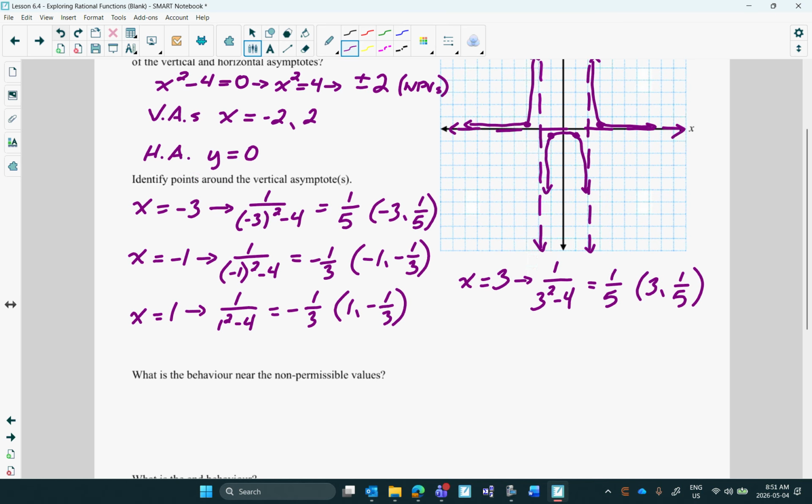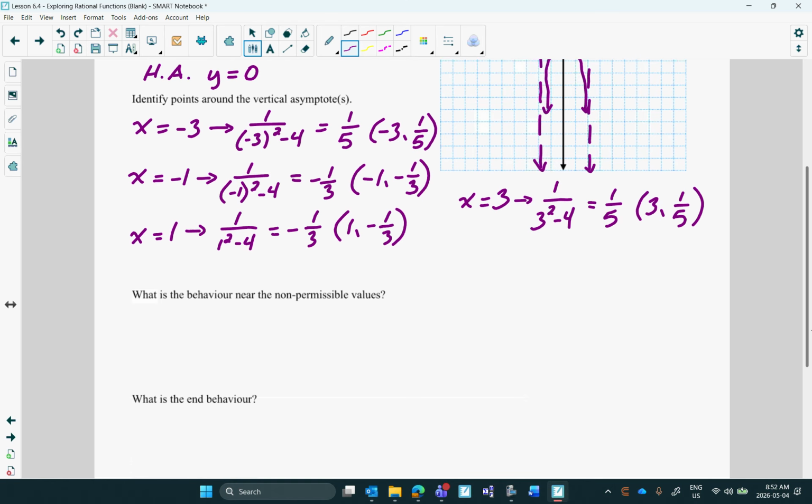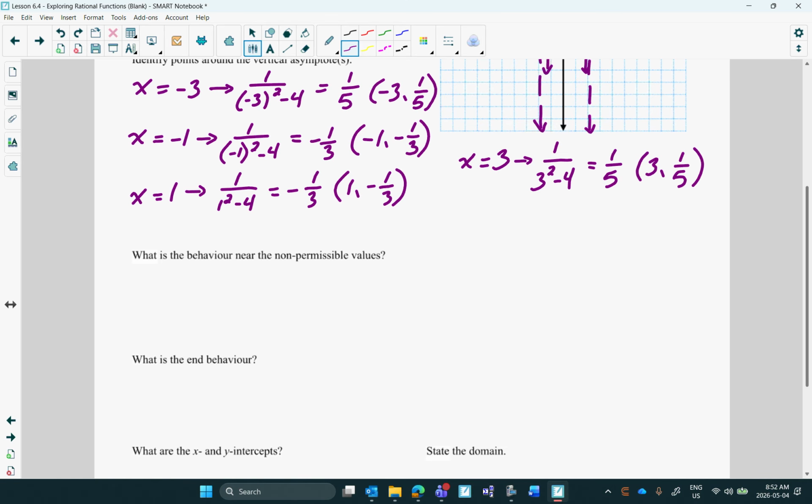So just by looking at the graph, we can answer the next question. What's the behavior near the non-permissible values? Well, let's switch. Okay. As we approach -2, which is the asymptote on the left side, from the left,